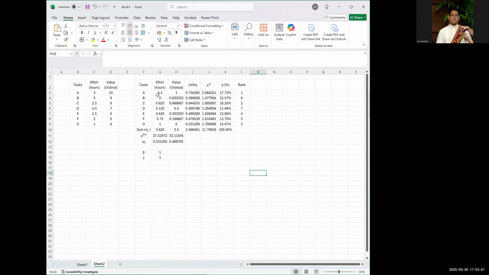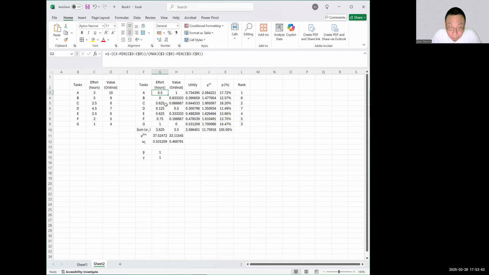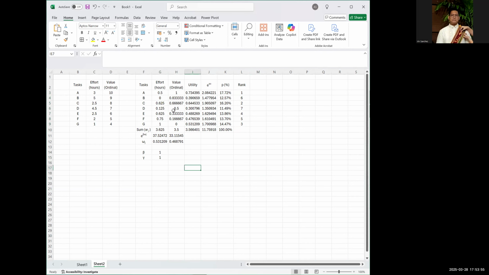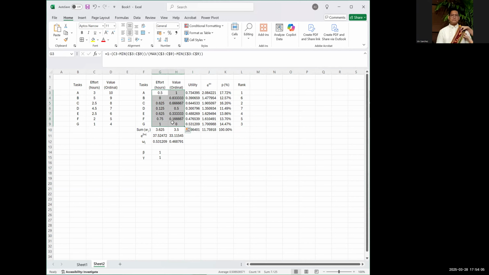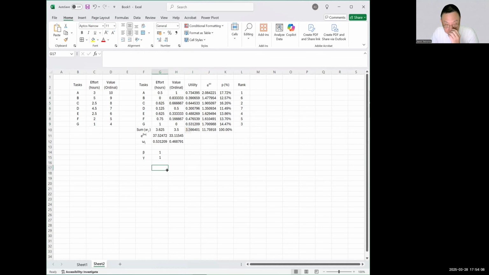Okay, so first we normalize the values. Effort is a cost variable, so it's 1 minus its value minus the minimum, all over the maximum minus minimum. Then the value is again a benefit variable, so you use the other formula. It's the same as the one in Moodle. Then we sum W sub j. Then you get the softmax function